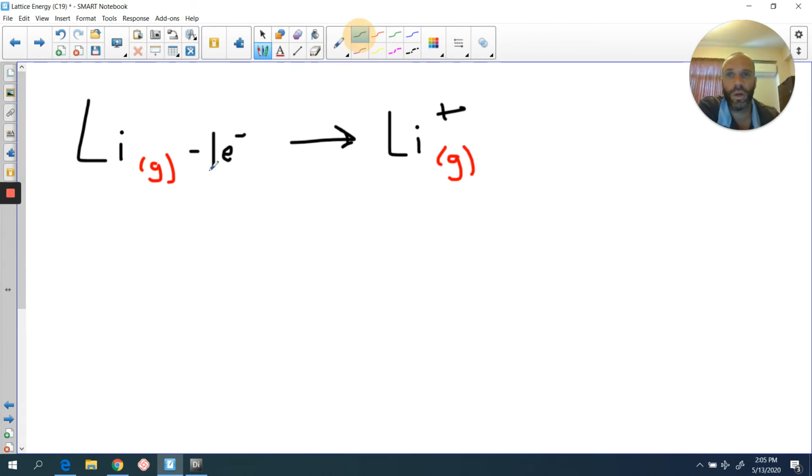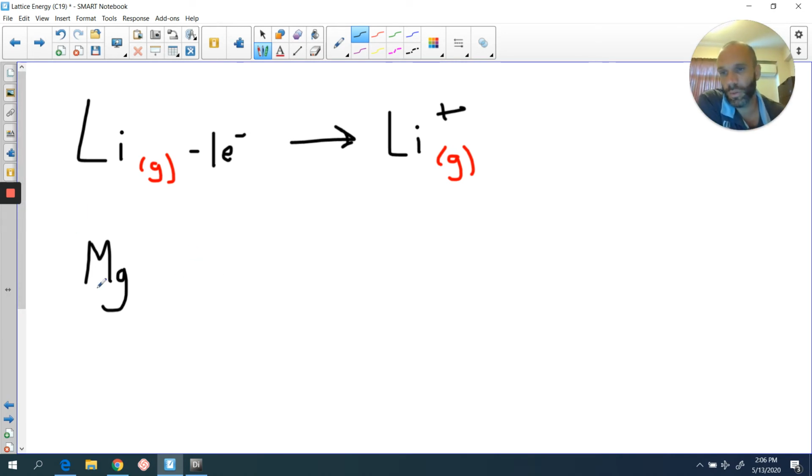Now, if we were talking about a group 2 element, something like magnesium, again, it's going to lose 2 electrons when it forms its ionic compound. And I'm not even saying what it's forming an ionic compound with, let's say it was magnesium oxide, but it's going to lose 2 electrons. Now, in that instance, effectively, you've got to sum the first and second ionization energy for magnesium, okay? Because it's losing 2 electrons, the outermost electron and the next one, let's say. Okay, so